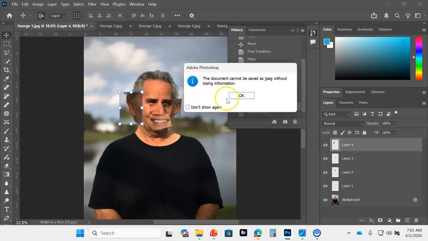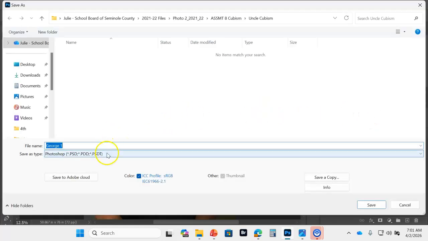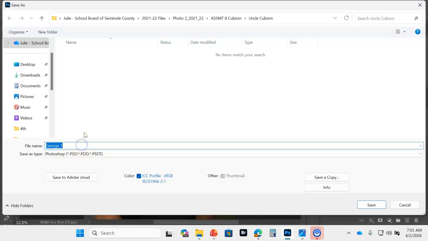When you go to Save As, sometimes this comes up when you're working with a JPEG. We want to keep it as a PSD. Just remember that it is non-destructive when you save it as a PSD, so you could go back and re-edit. I'm going to save this to my desktop. I have my PSD. Don't ever add the dot and the file extension. It will do it for